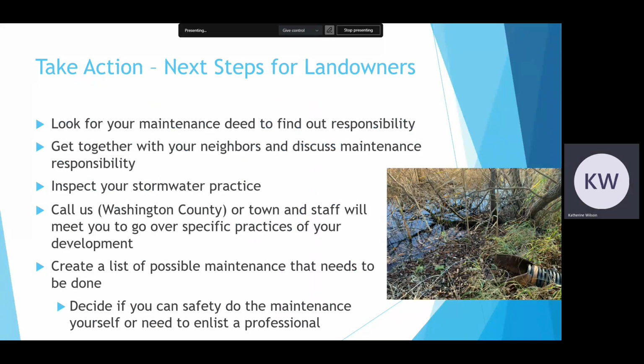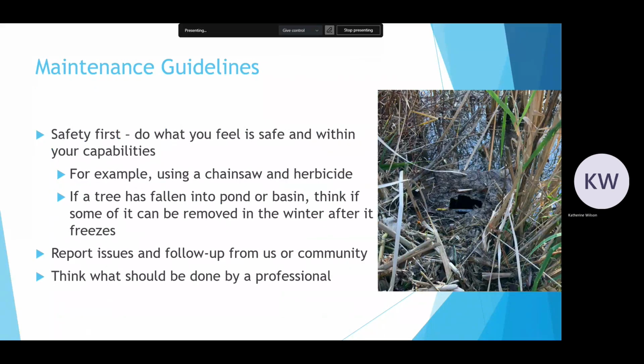Then, after you've done your inspection, you can create a list of possible maintenance items that need to be done. Then, think safely. You can decide if you can do these maintenance items safely by yourself or if you need to enlist a professional. For example, if your stormwater pond has large trees, maybe you need to enlist a professional to cut them down. If they're smaller and you feel comfortable using a chainsaw,